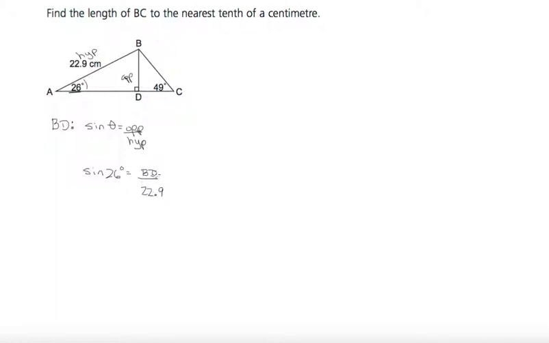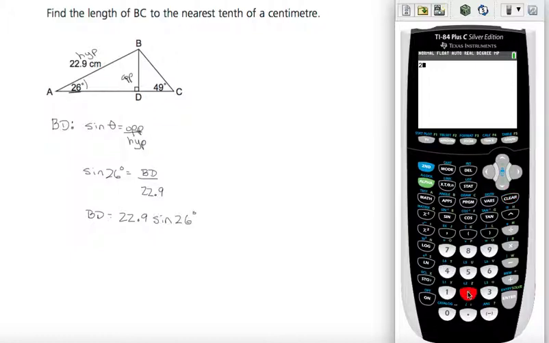22.9. Now, I've got that on the top. Again, if you want to look at the little triangle, it would tell you multiply the hypotenuse times the sine of the angle. And I'm going to say BD is equal to 22.9 times sine of 26 degrees. Okay, so I can put that into my calculator, pull up the TI here, and I say 22.9 times the sine of 26 degrees equals,